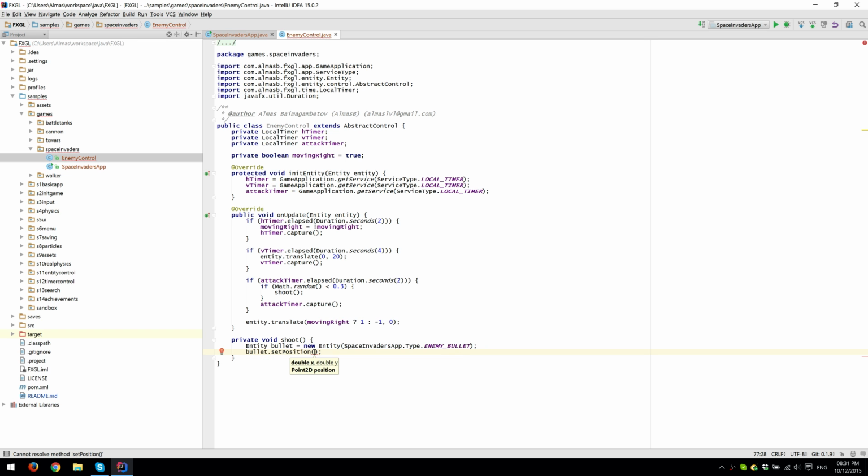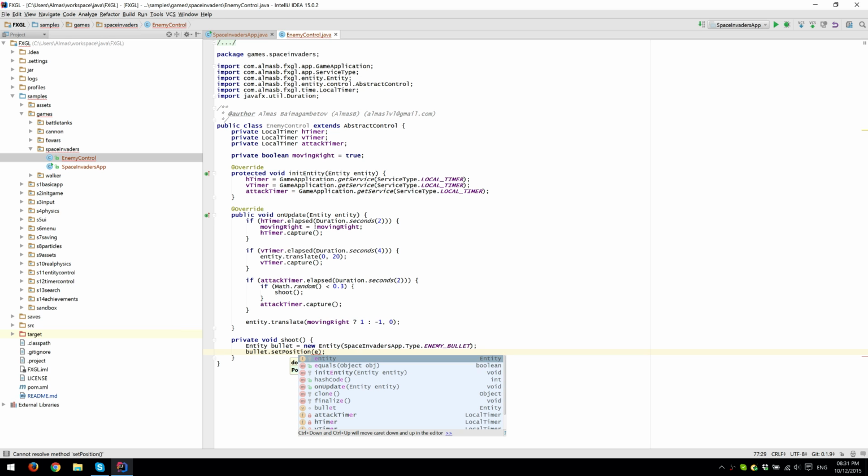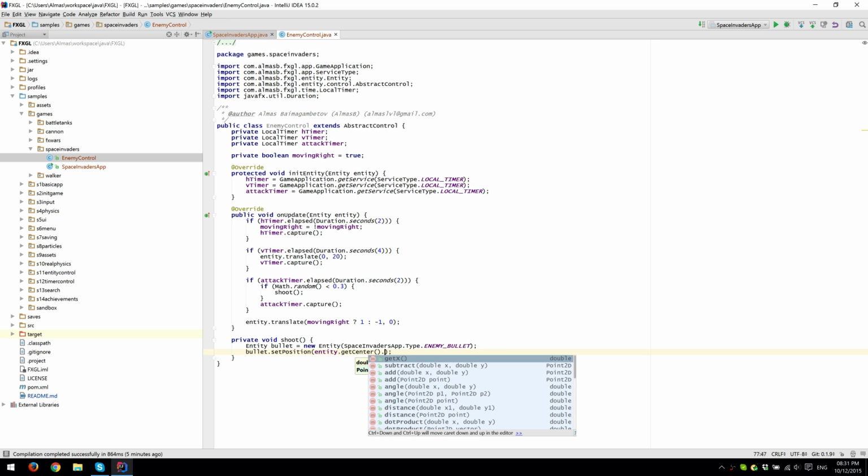Set position, so they're shooting down, which means we need to obtain the entity. So the X value, actually we can just obtain the center of the entity, and then add